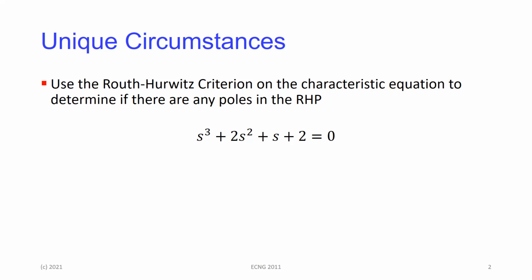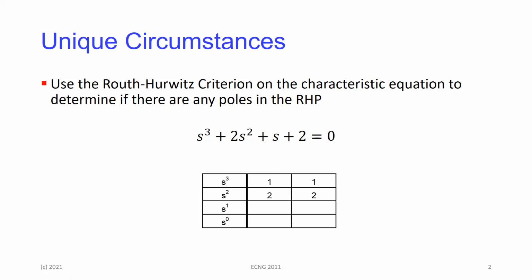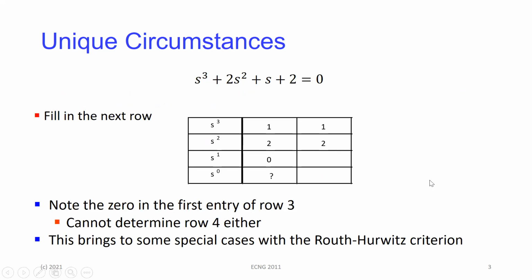Okay, so let's look at this one now. This particular characteristic equation is very simple, so it's for illustrative purposes. If you tabulate it, you have the s cubed row, which of course s cubed means n is 3, so you put s to the n and s to the n minus 2, which will be 3 and 1, and s squared will be 2 and 2. If you tabulate that, then this value here is going to be 0. 2 minus 1 minus 2, 1 minus 2 divided by 2 is 0. So if you do that, if you fill in the row now, then you get this value here, and then